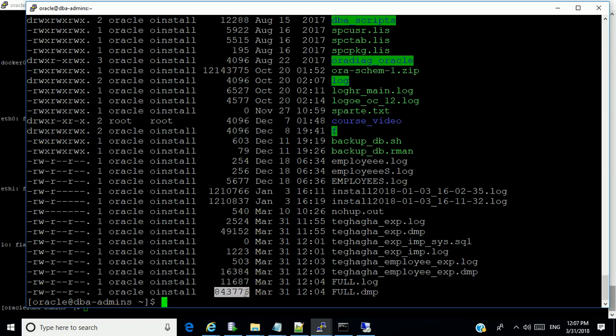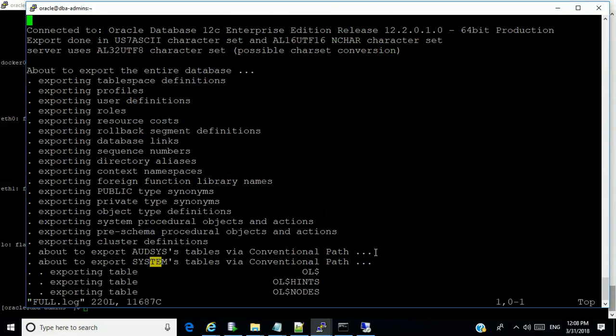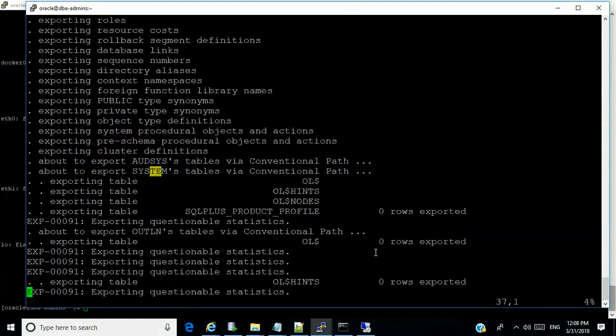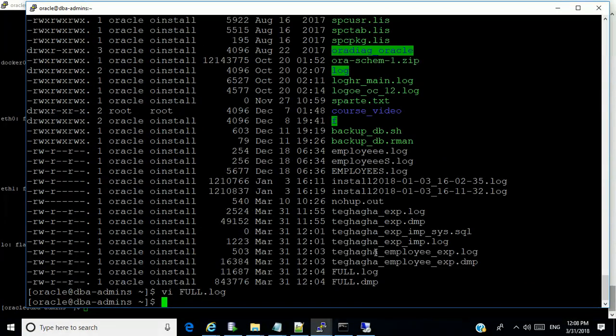Okay, this is the full export. You can notice it's bigger than the other exports we did because it has more data in it. Okay, and you have the log file. When you open the log file, you can actually see what happened, what transpired within the export process. All right, so now,